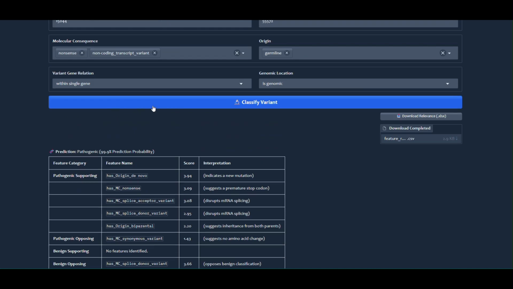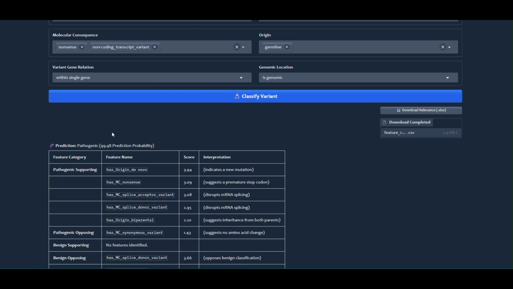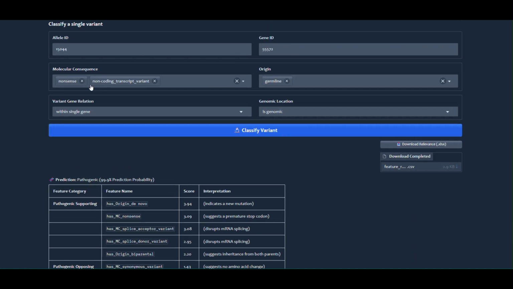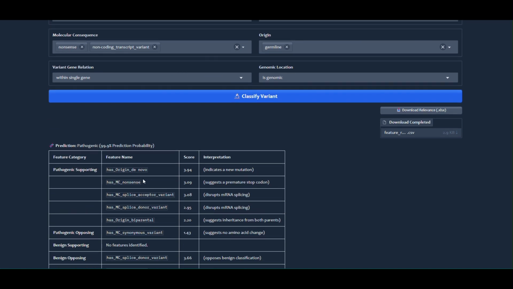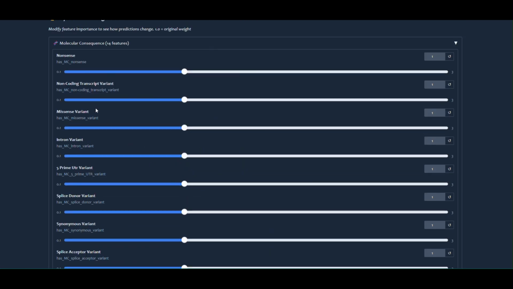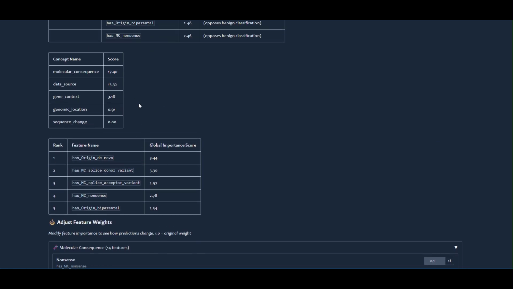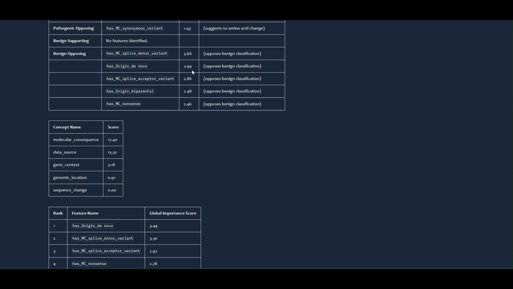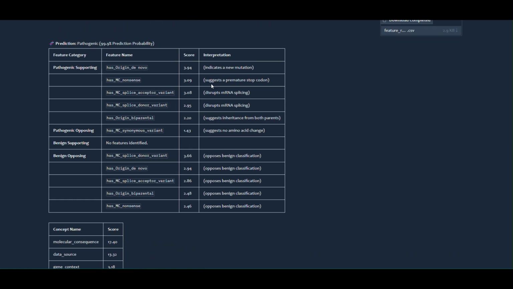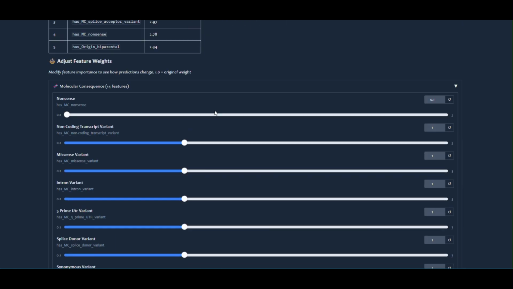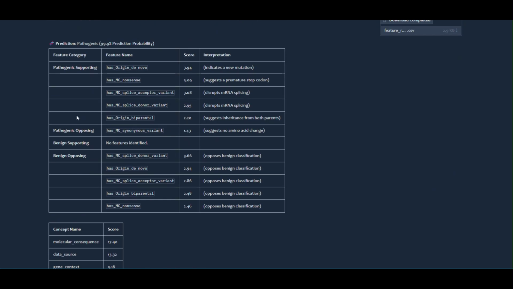Now say for this classification, molecular consequence has nonsense in it, and nonsense is highly contributing towards pathogenic. Say we now lower the importance given via nonsense to now see if the classification would be flipped or if there are any other underlying feature also contributing which is not being shown over here. And there are no benign supporting.